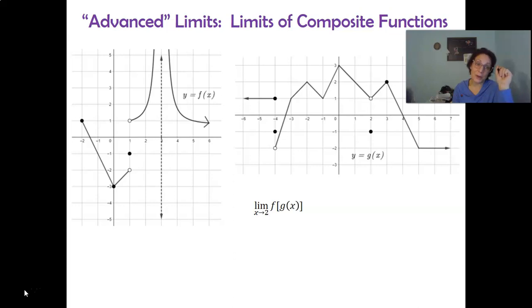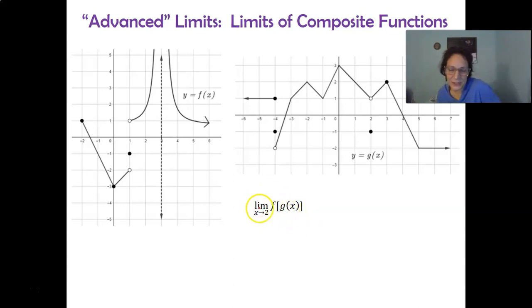And it's worth noting here that when you do these limits, we're going to work them the same way we work a chain rule. We're going to work from the inside out. So for this limit that they gave us right here, f of g of x, we got a baby function and we got a mother function. I'm going to do the limit with the baby function first, see what I get, and then I'll worry about the limit with the mother function. Okay? So we're going to work from the inside out. Ready? Okay, so